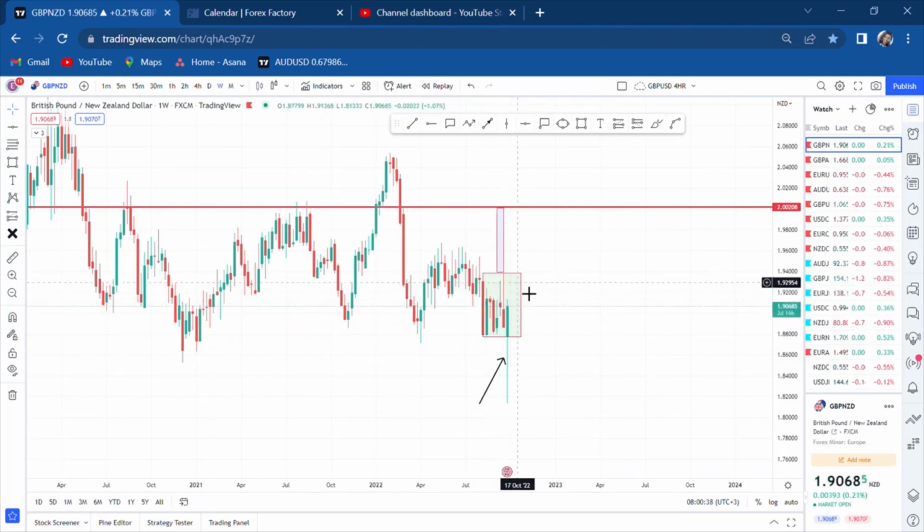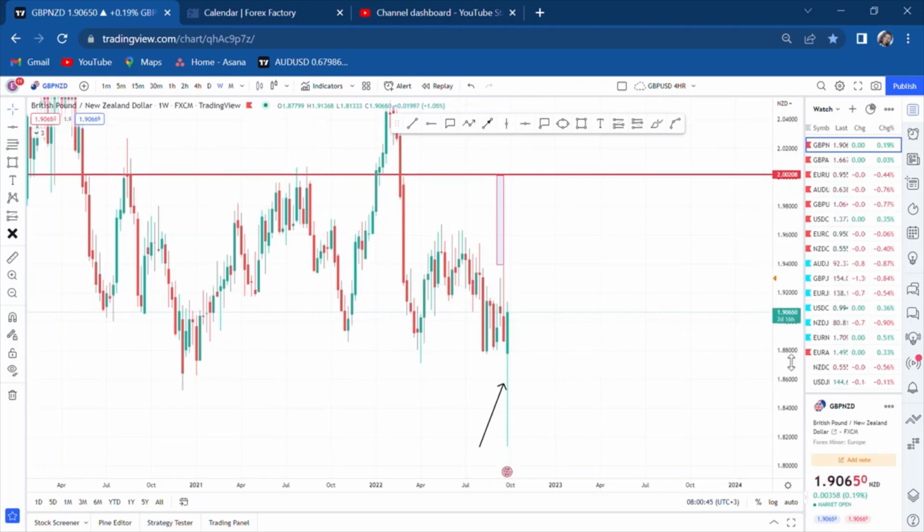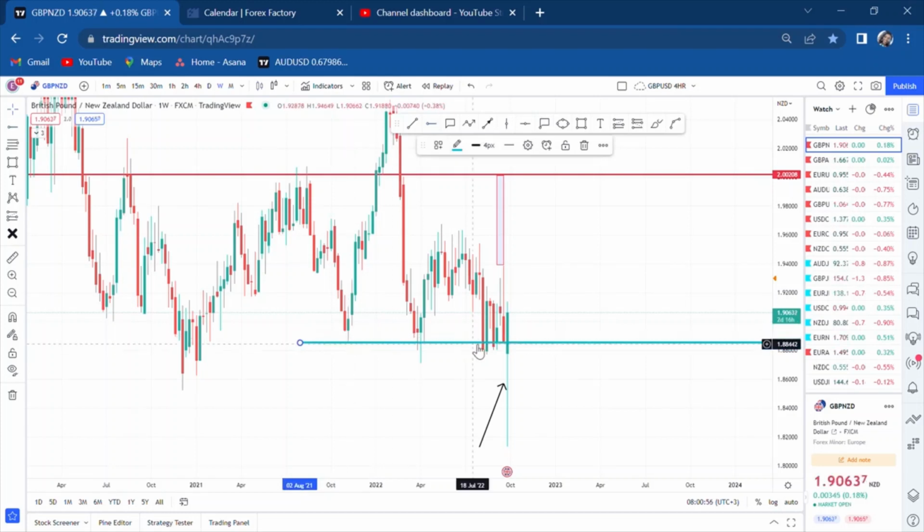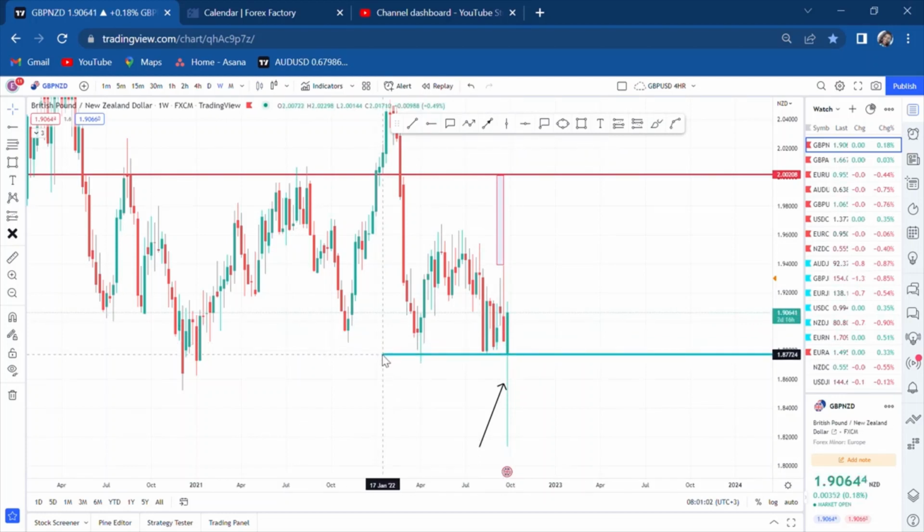For me, if I come to weekly, I am seeing a double bottom or a triple. I cannot say a triple bottom, because remember, if I put this line here on the first bottom, that attempt has broken. So if I just concentrate on this leg, this side, let me draw it for you. If I concentrate with that side, and I concentrate with this, what do I have, guys? I have a double bottom.